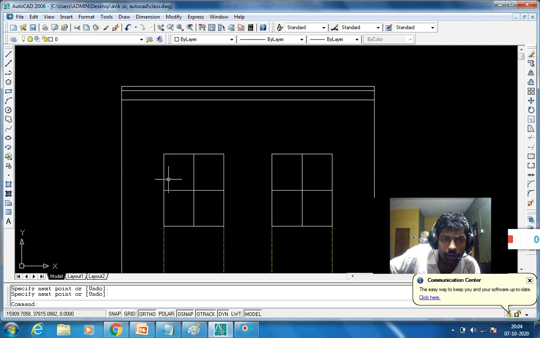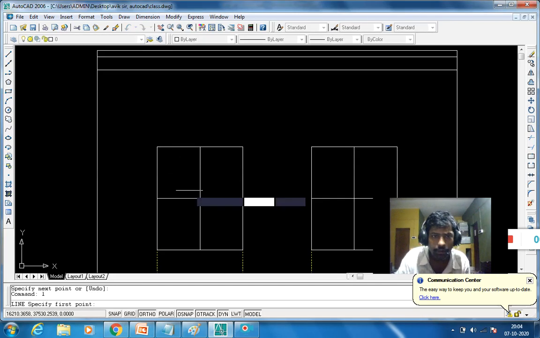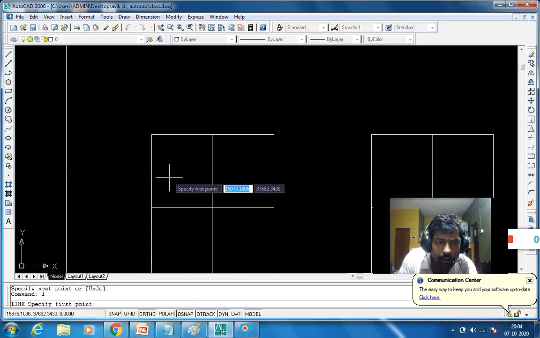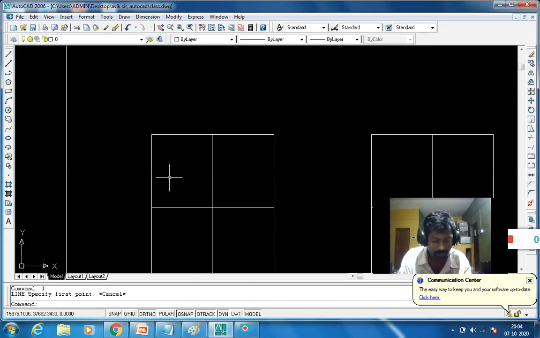Now we draw the symbol of glass panels, so this is a standard symbol. Use the line command. So this portion we want to draw. Polar mode, snap, switch off, disable the snap mode, disable the ortho mode, hit enter.